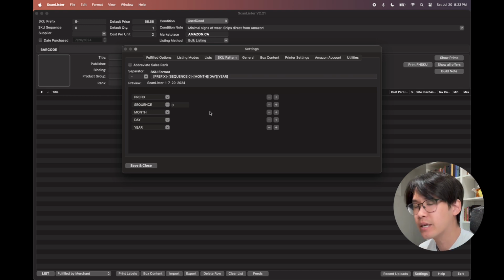Okay, so these numbers are important because they're going to help you track things later on. First of all, how much the book cost you. When you're setting up your pricing, you can see, okay, this book cost this much, and you can take that into account. Next thing is sequence. You want to see how many books you've scanned that year. So for me,